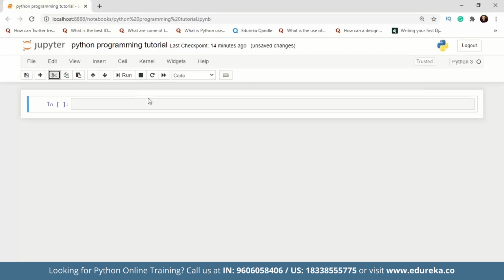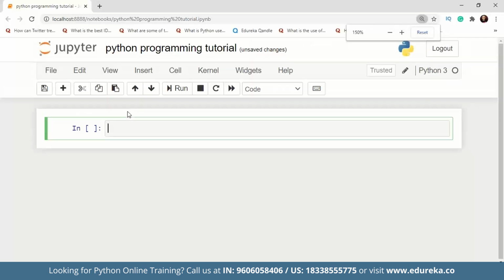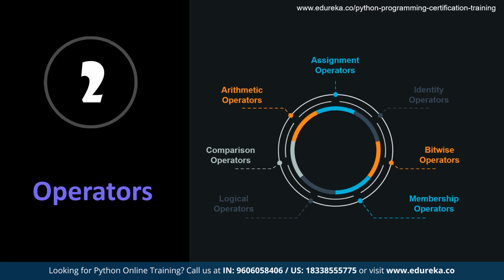So now what we'll do here is talk about operators in Python, guys. Operators in Python are used to perform a task between variables or any two values, or it could be one value as well. Depending on the operation, the output will vary, and depending on the operation, we are going to use specific operators. There are different types of operators in Python. So let's talk about those operators, guys.